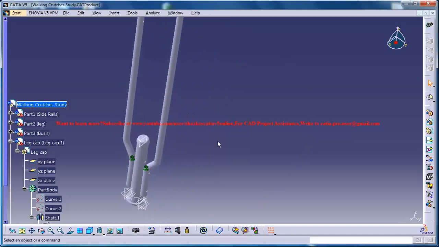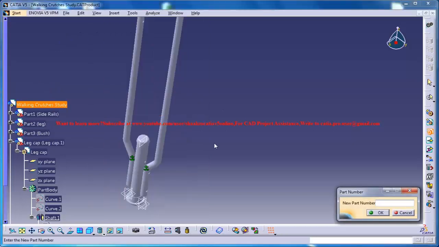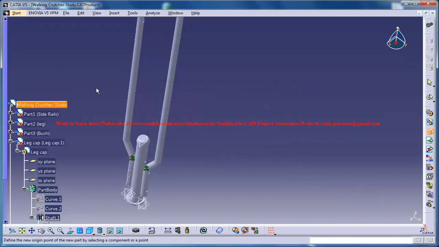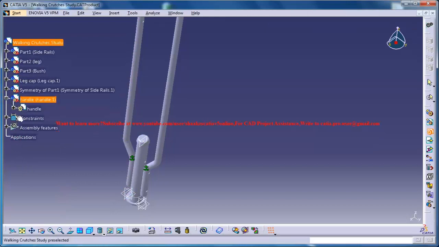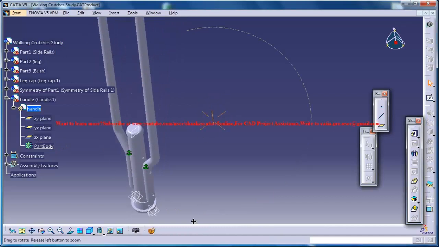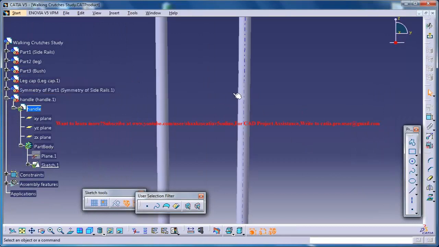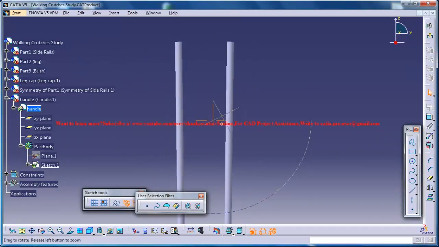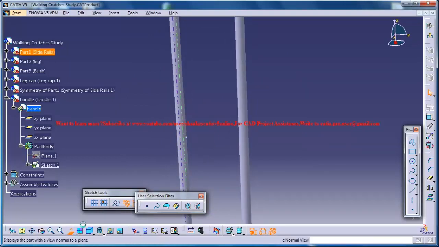The next thing is to again make sure that you're in the product mode and insert another part, that's the handle, and then invoke the handle portion and double click on the part to activate the part body, and then create a sketch. Find out where we have that particular hole, just make it normal once again,